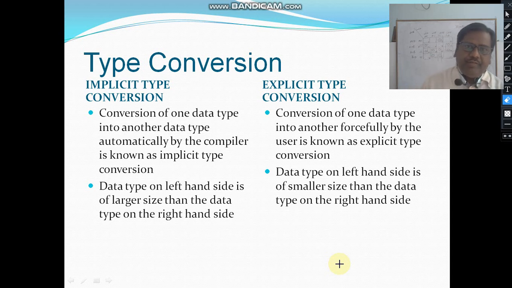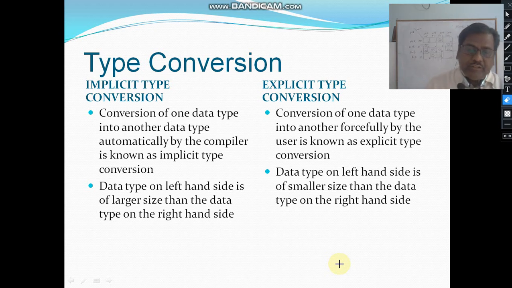Say for example, if we are storing x equal to y, x is on the left hand side and y is on the right hand side. This will happen in implicit type conversion.